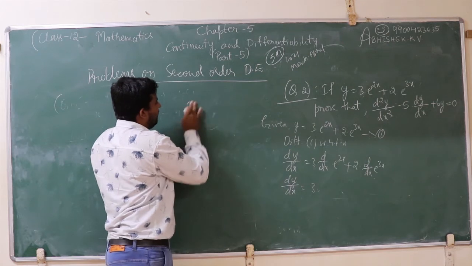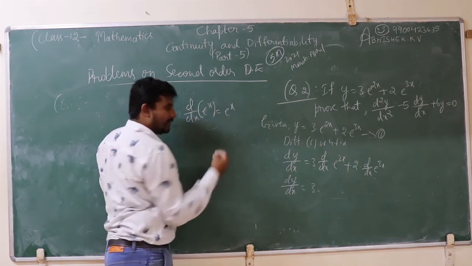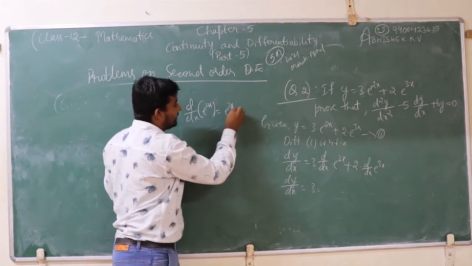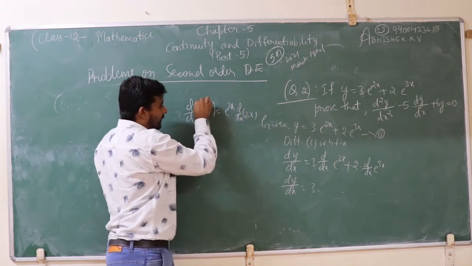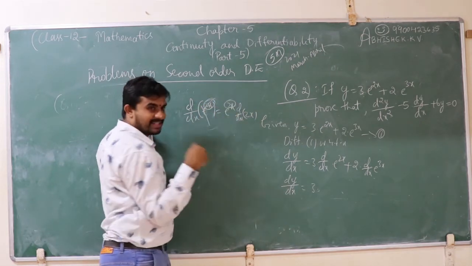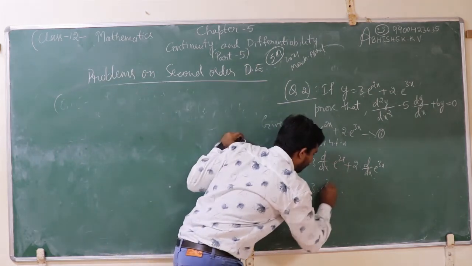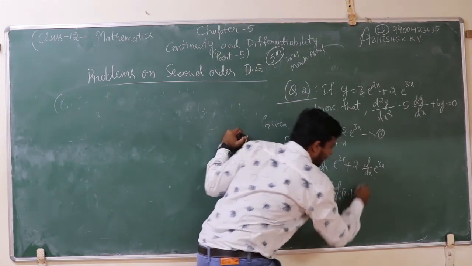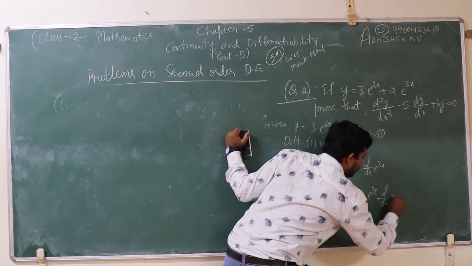See, derivative of e to the power of x is what? e to the power of x only. But here we have e to the power of 2x, e to the power of 3x, so still we need to derive this. Cancelling this exponential, we need to differentiate 2x with respect to x by chain rule, right? So we need to differentiate e to the power of 2x into derivative of 2x, and from this also 2 into e to the power of 3x into derivative of 3x.